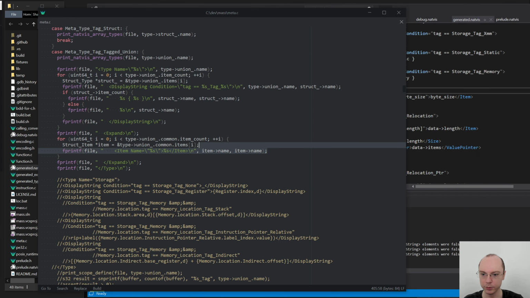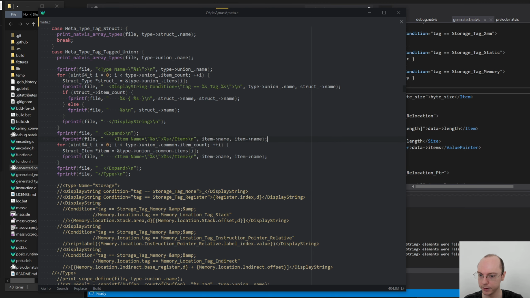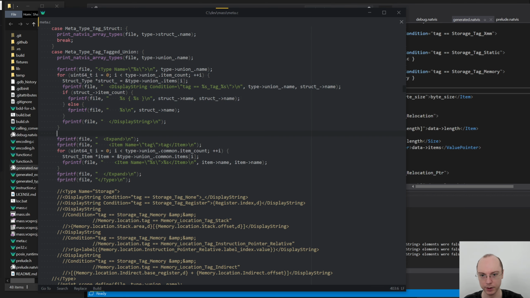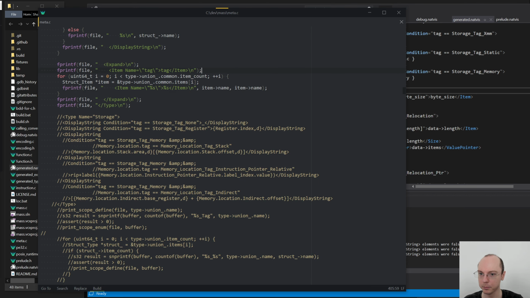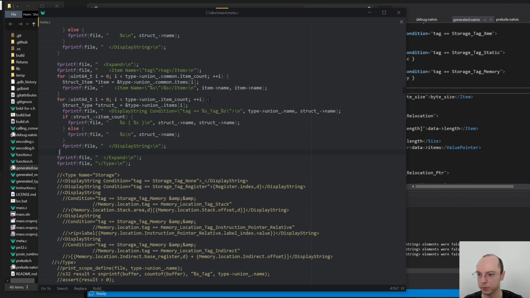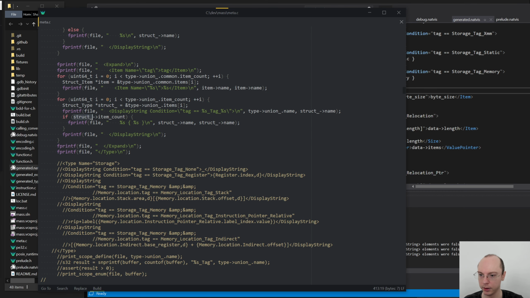I think I do want to see the tag field always, so we can just say tag, and besides that we also copy this loop that is for the variants. I guess I want common fields first, and then for the variants, basically, yeah, if we have custom fields,